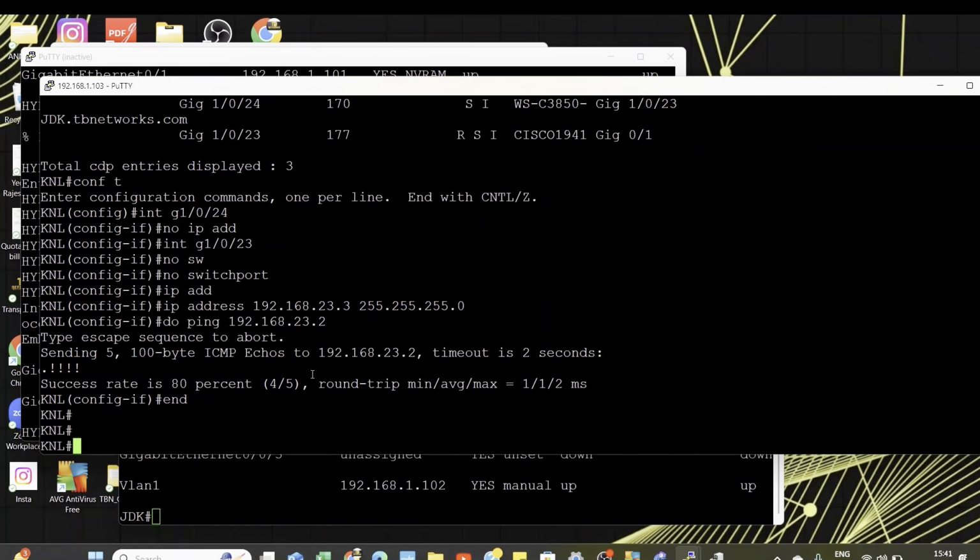Okay, first Hyderabad to JDC it's the 12.0 network. JDC to KNL, 23 network. KNL to Anantapur now, 34 network. 34 network we can take. Okay, from KNL to Anantapur. So